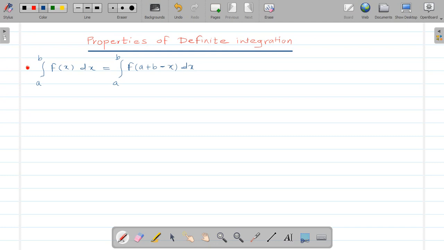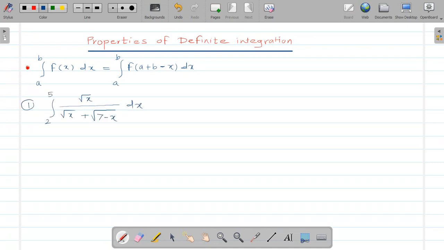such that by using the property that integration from a to b of f of x dx can be modified as integration from a to b of f of a plus b minus x dx, meaning x is replaced by a plus b minus x, where a is the lower limit and b is the upper limit. So today we will solve some examples from exercise 6.2 related to this property. So let us see now.